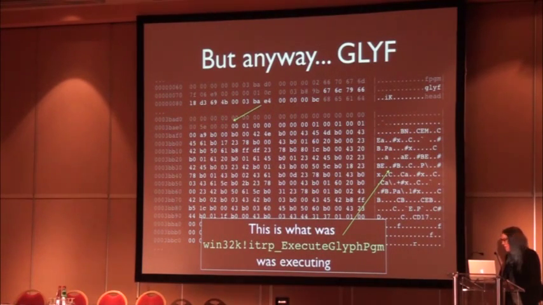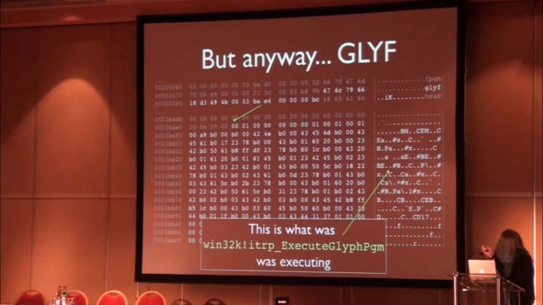But I can tell you about the glyph program because this slide is right here now. So basically the shellcode was replaced with a call back to the current location. So it was an infinite loop that kept calling itself, and it would fill up the stack and then blue screen the box when you hit the end of the stack frame. And so if you set up Windows to dump your kernel when it crashes, you can then pull it back into KD, the kernel debugger, and see what broke or where.